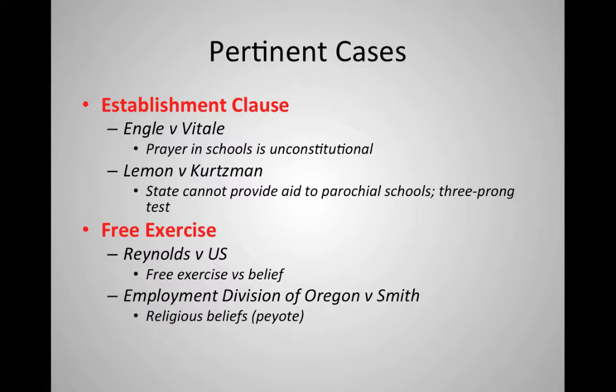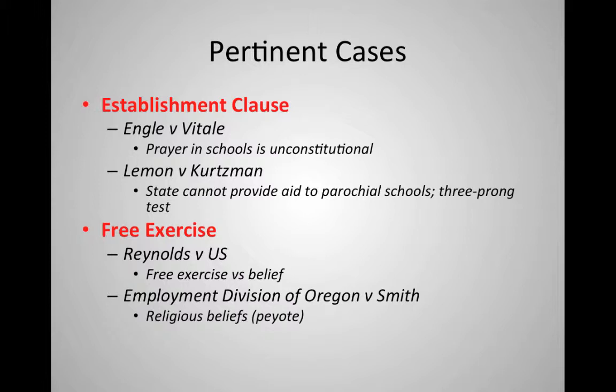And they established a three-pronged test to determine whether the Establishment Clause had been violated. And so this would set a precedent for future cases. The three-pronged test included that the purpose of the legislation must be secular, not religious. The primary effect of the legislation must neither advance nor inhibit religion, and the legislation must avoid an excessive entanglement